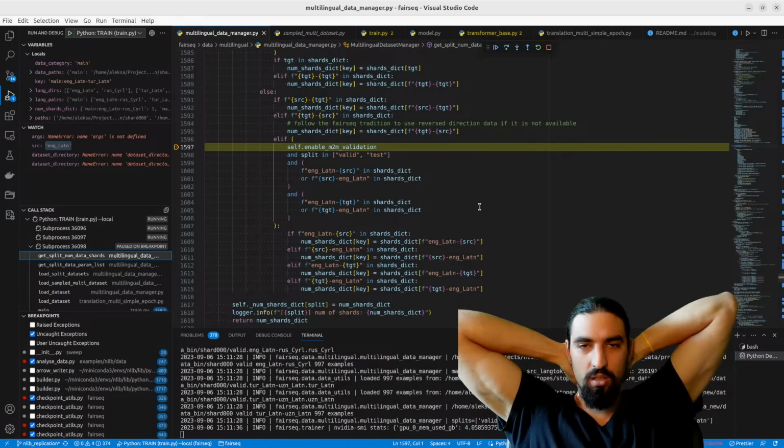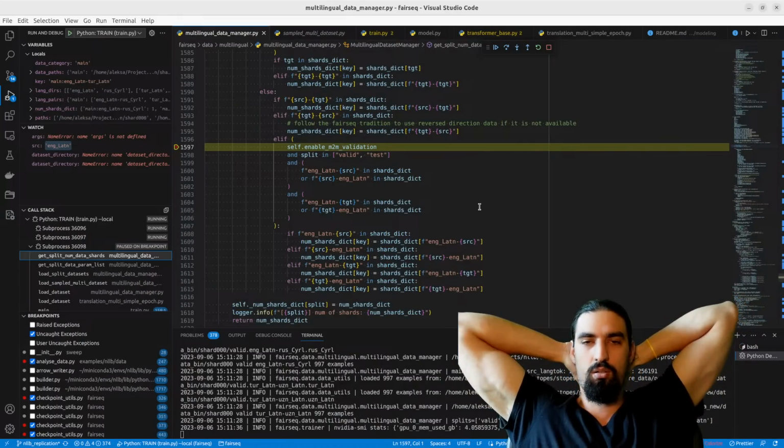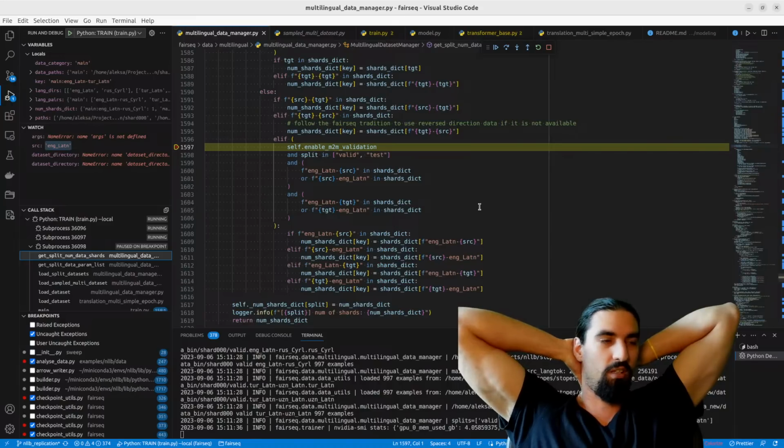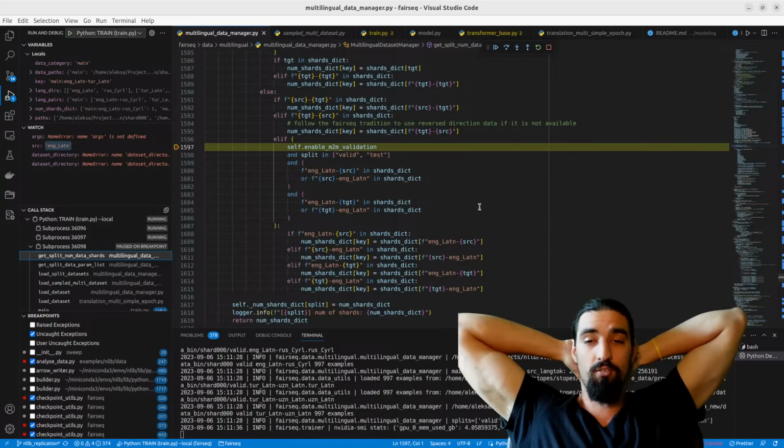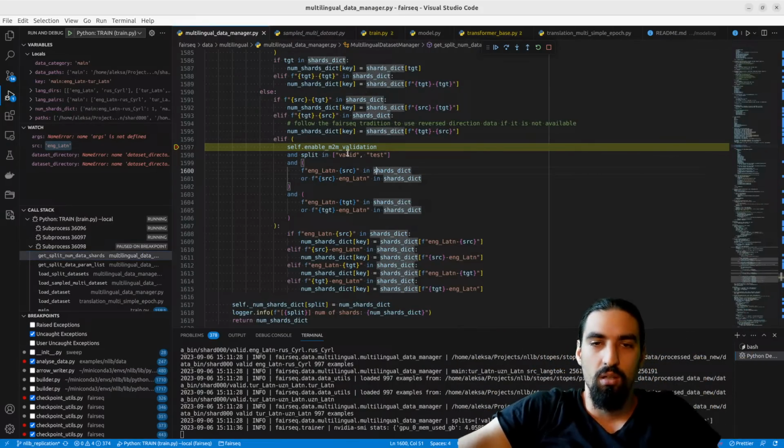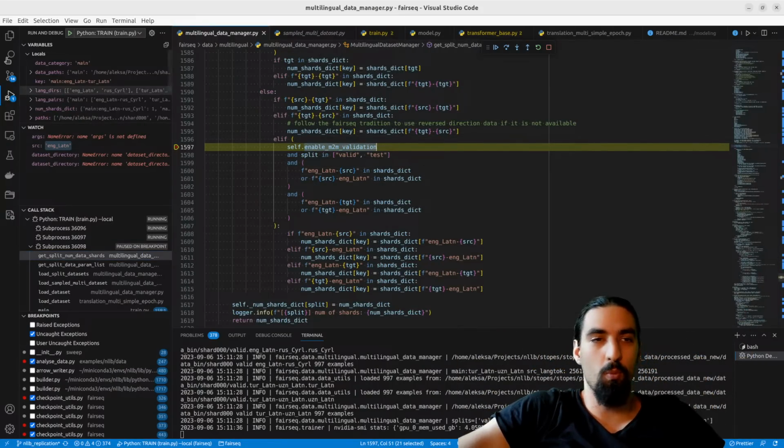So he basically tries and sees whether you have some pivot language, basically. And if you have, then for this key, you basically add those shards. Okay, this is mostly like a fallback mechanism. We mostly won't care about this, right?